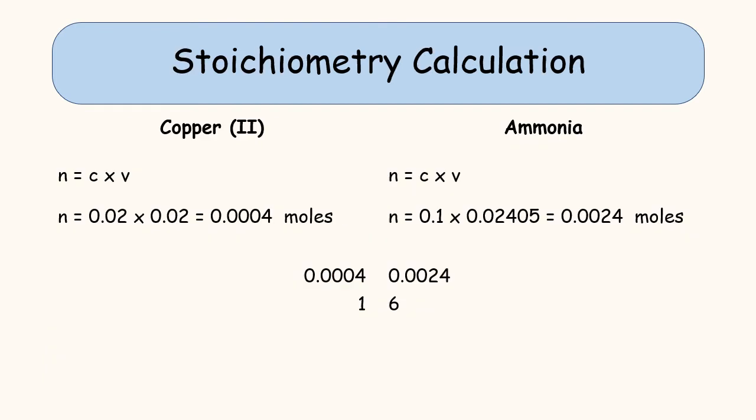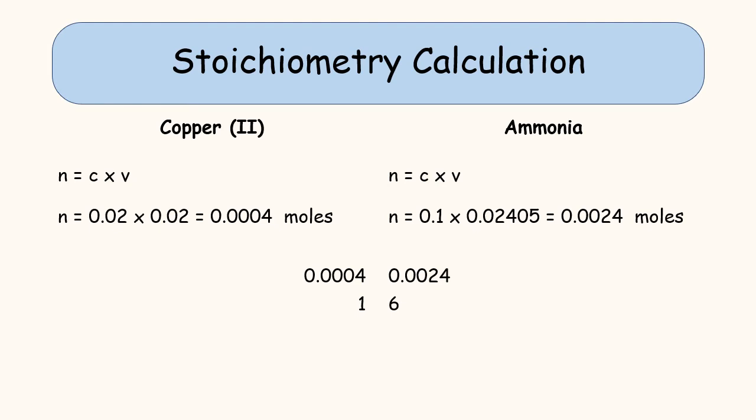So we're using our n equals CV for each one. For copper, remember we're turning our volumes into litres, so the concentration is 0.02, the volume is also 0.02, so we get 0.0004, or 4 times 10 to the minus 4. When we do the same for the ammonia solution, using our average titre, we see that the concentration is